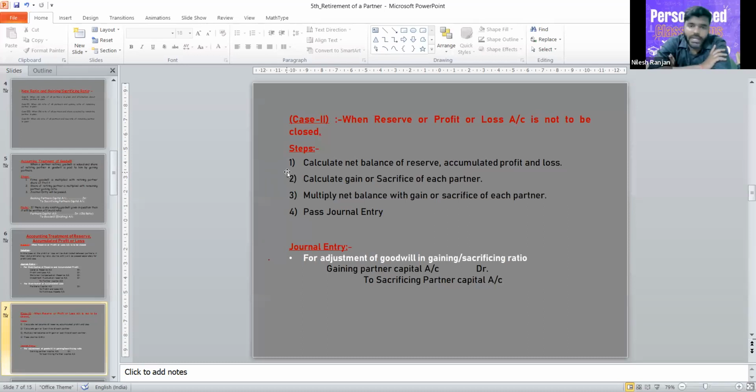All the profit will be added, all the loss will be deducted. So we will get a net balance. The second step is calculate gain or sacrifice of each partner. In the same manner that we have done the journal entry for valued goodwill, calculate gain or sacrifice of each partner, and then multiply the balance with